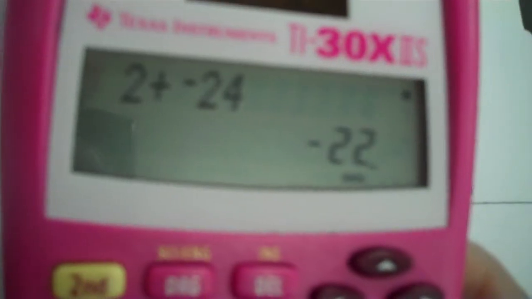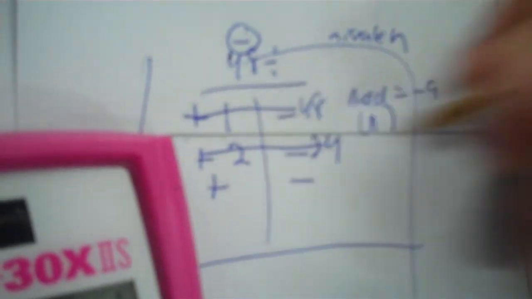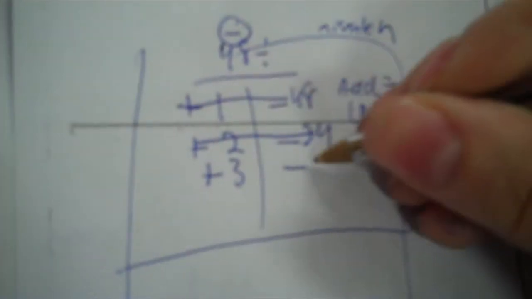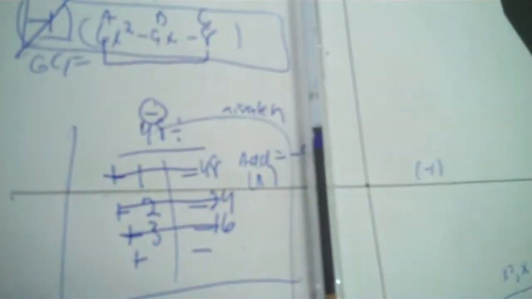Add, still way too extreme, okay? 48 divided by 3 is 16. Still too extreme, but you're getting closer, okay? 48 divided by 4 is 12. Now I am no longer too extreme, I am too narrow, okay? So as soon as I'm not too extreme to be negative 9 and it's too narrow,